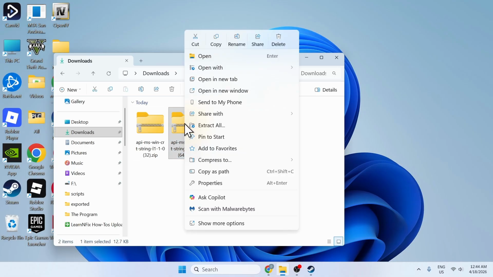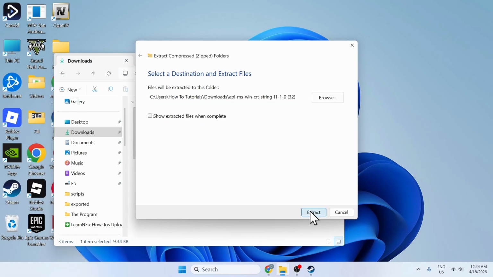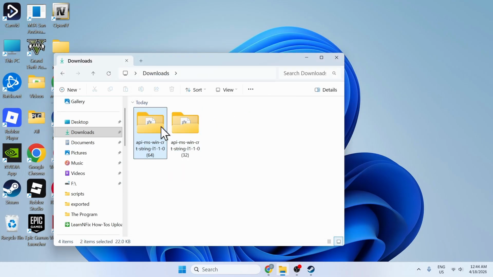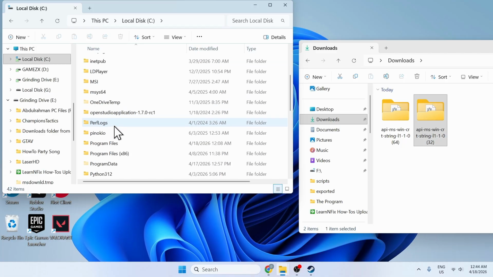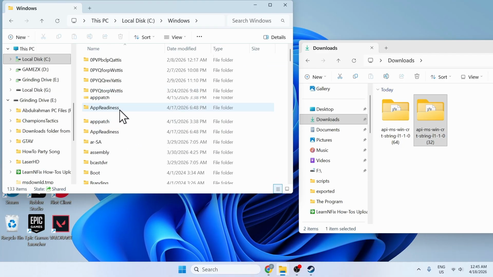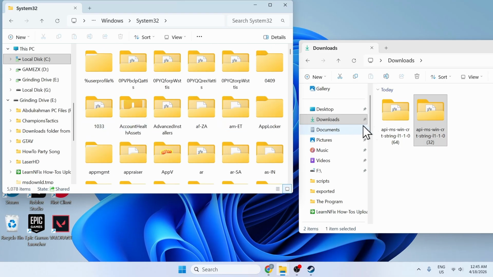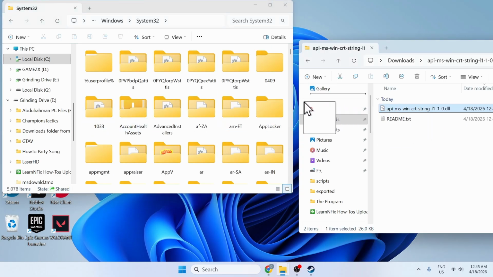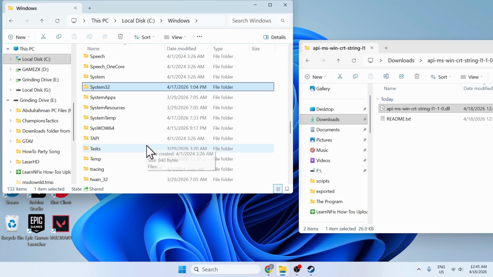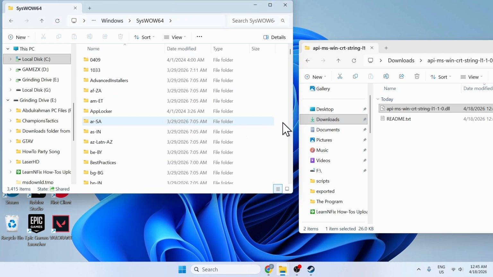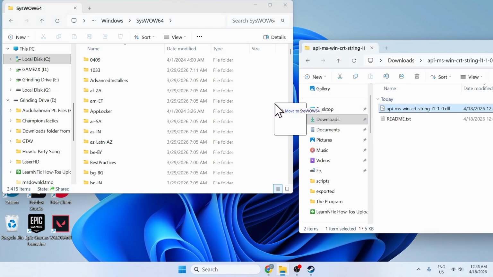So now you're gonna extract the folders. So extract all, then delete this. So go to This PC, and then C drive, then go to Windows. Then go to System32, go to the 64-bit version, and then just drag the file inside and then click continue. Go to Windows, go to SysWOW64, go to the 32-bit version and just drag the file inside, then